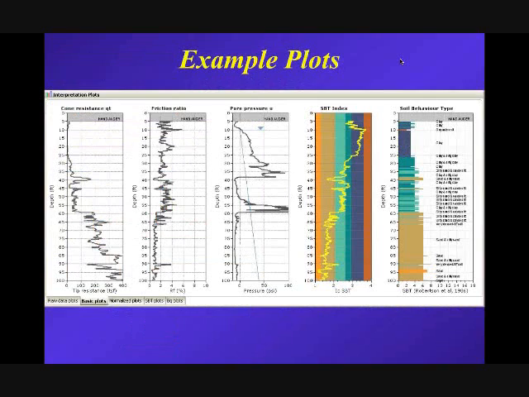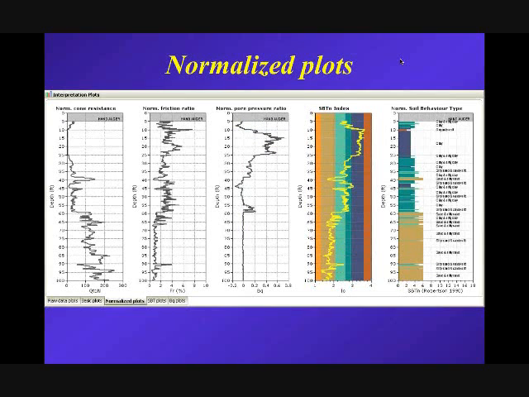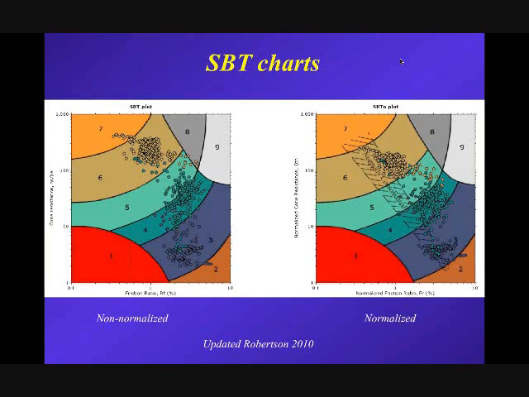What it allows you to do is look at the data and load the data in very easily. Here's an example profile of the basic data, and you can see you've got tip resistance, friction ratio, pore pressure, and then you've got this soil behavior type index, IC, and it's color-coded. The blue is clays and the brown is sand. And then you've got the traditional soil behavior type with words and color coding. Then you can look at normalized data, once you've decided where the water table is and what the phreatic piezometric groundwater conditions are. You can also look at the data on the soil behavior type charts, both non-normalized and